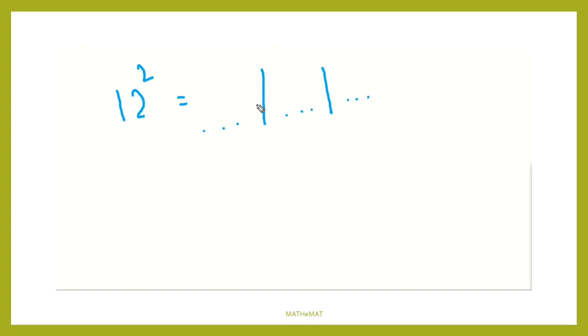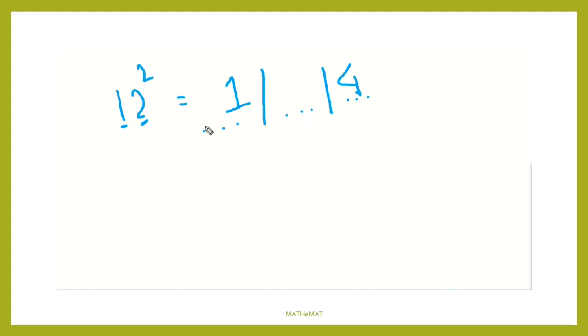In the first place, you have to write the square of the first digit. The digit is 1. So what is 1 square? 1 square is 1. So just write here 1. In the last space, you have to write the square of the second digit. The digit is 2. So 2 square is 4. Write here 4.